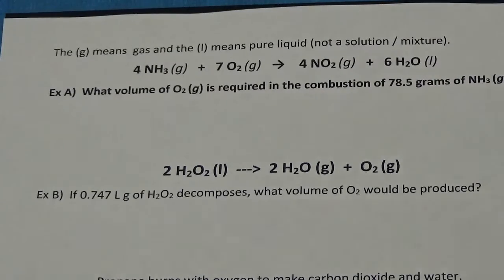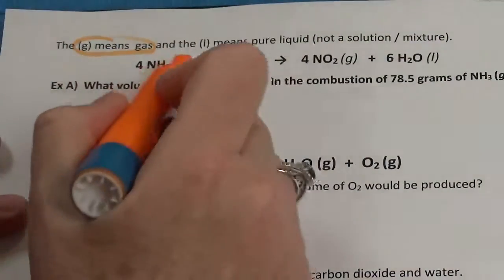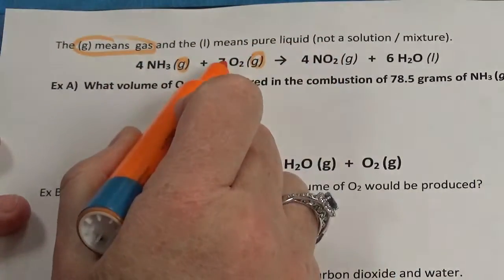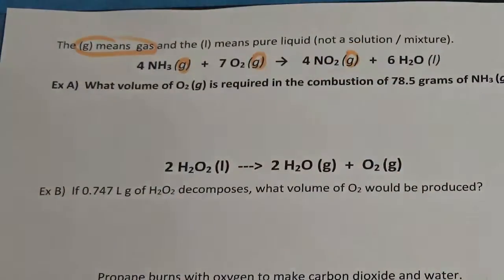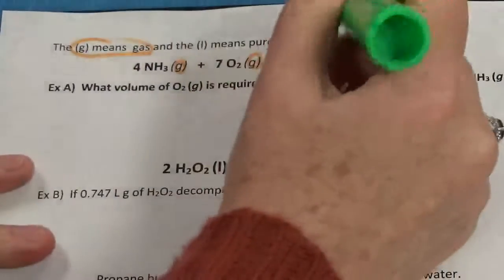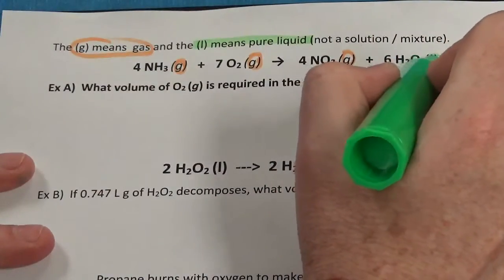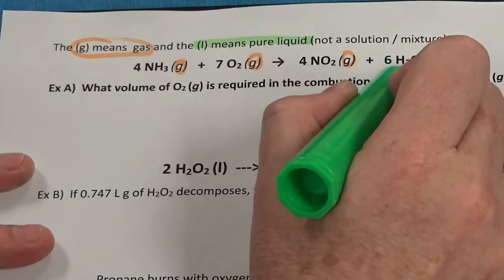In this video, let's practice doing some gas stoichiometry equation work. Notice that G means gas, so NH3, ammonia, that's a gas. This oxygen's a gas. This nitrogen dioxide's a gas. However, L means liquid. This is an L, not a 1. And that means that this water, it's not a gas, it's not a solid,